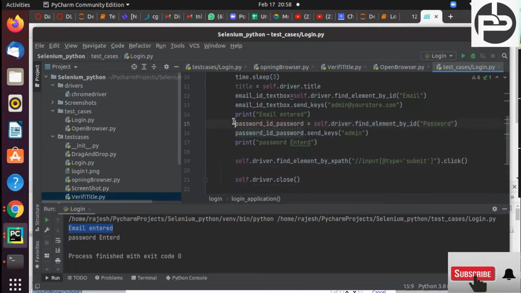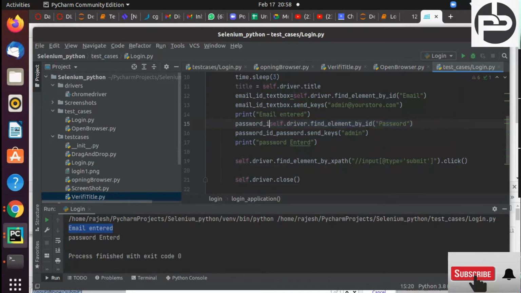Similarly, here also we can do. Instead of writing the password, we are calling this send keys function on top of this complete thing. So why can we not remove this line?